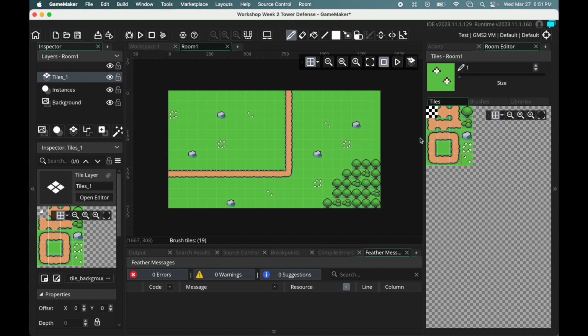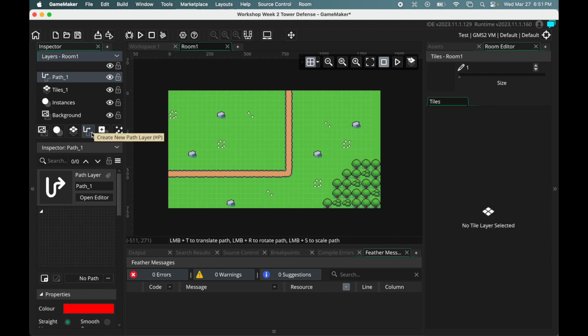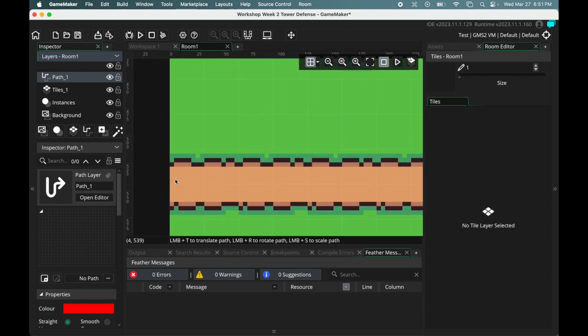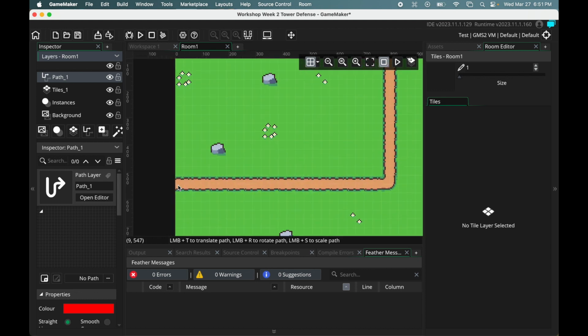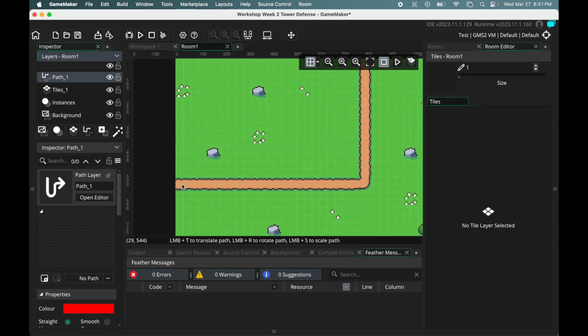Then next up is going to be turning this into an actually workable path. So again, that's going to be another layer here over on the side. You can go right down here and select Create New Path Layer. And then that will create the path layer. And then from there, you can sort of see if I scroll in here that we've got grid vertices on everything now that line up with the tiles we just created. So if I click on this point over here at the start, it'll create,